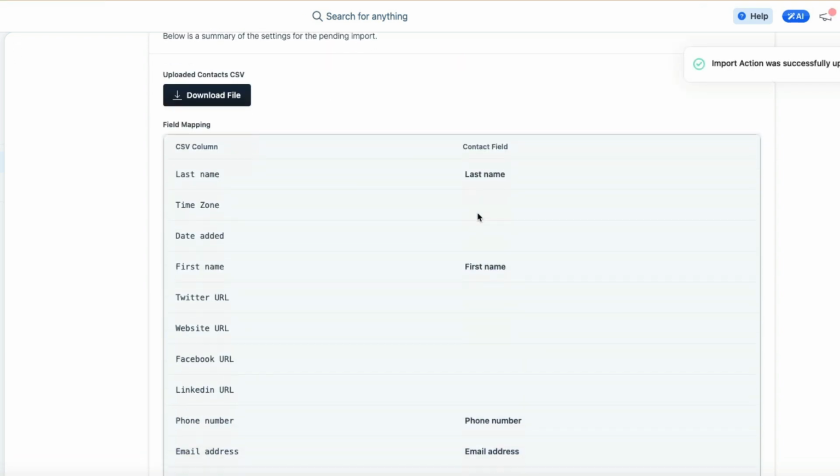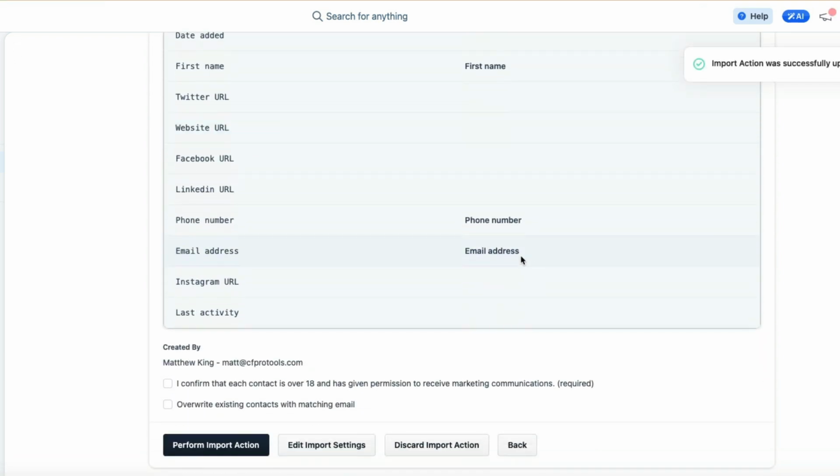Now it should just give us those 4 things and bring those contacts in. So I have to confirm that each contact is over 18, and I can overwrite existing contacts with a matching email if I'd like to. At this point, I can perform that import action, edit the import settings, or I can discard the whole operation